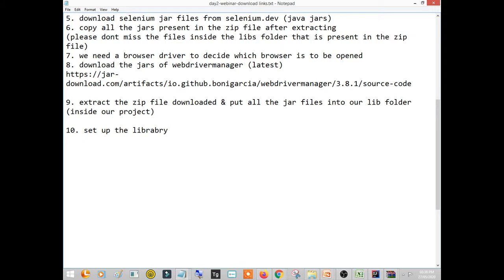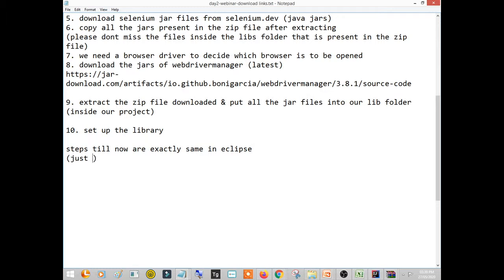Observe that the steps that we have done till now are exactly the same in Eclipse, right? You need to create a new project, you have to create a lib folder, and you have to copy all the files.